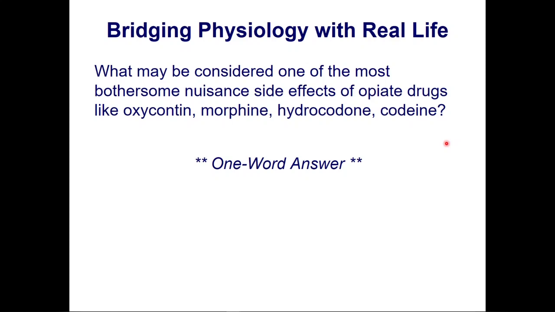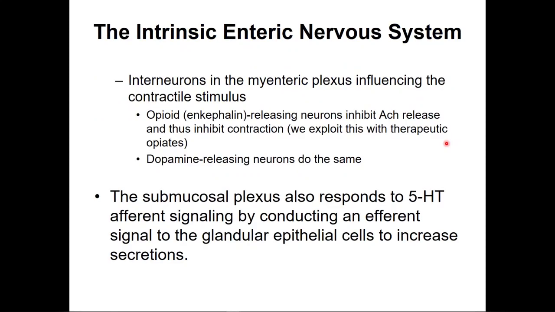because opioids actually inhibit a portion of this pathway that we just talked about, the neuronal transmission. Okay, and that's coming up now. Actually, we have something called an interneuron. So interneurons are in the myenteric plexus that influence the contraction. We have opioid interneurons. Your endogenous opioids are called enkephalins. They inhibit acetylcholine release and inhibit contraction. Okay, so I mentioned that that's a side effect, but